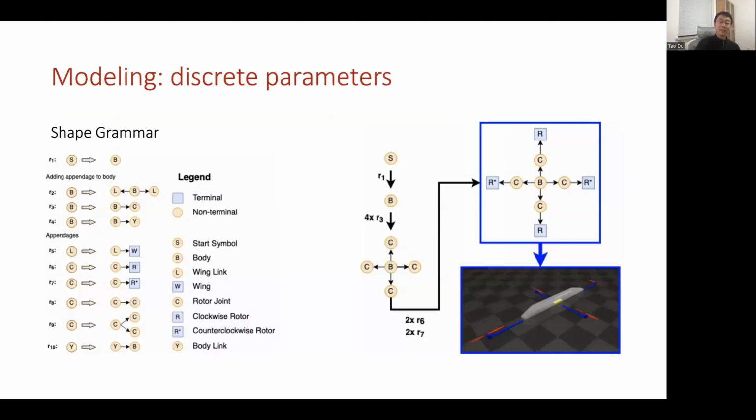So how would we come up with an efficient and effective way of figuring out what are the best possible discrete parameters leading to an extremal design? So the intuition behind this work is that we leverage the similarity between grammar in the programming language or program synthesis community and the procedure of a mechanical engineer